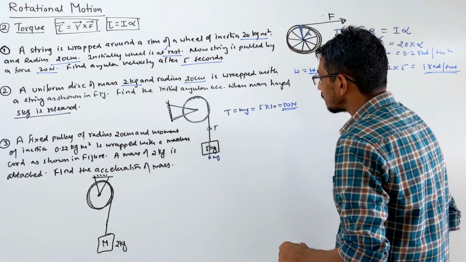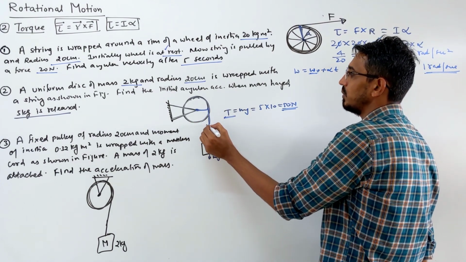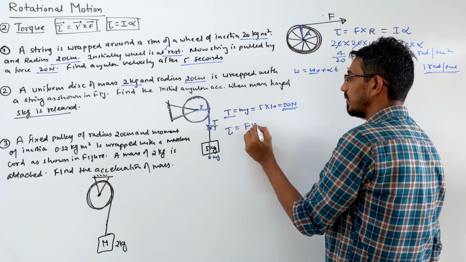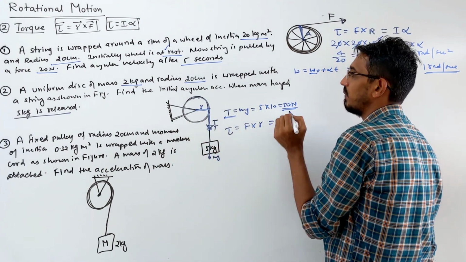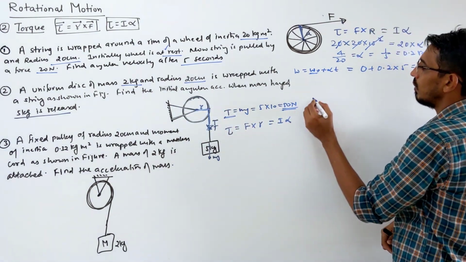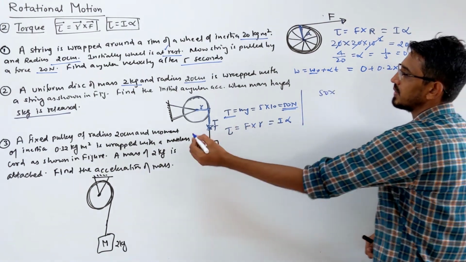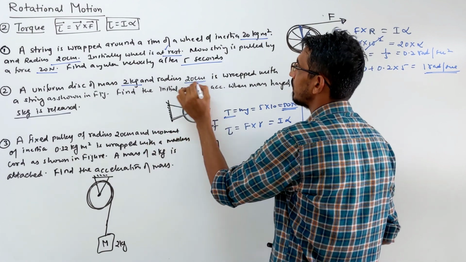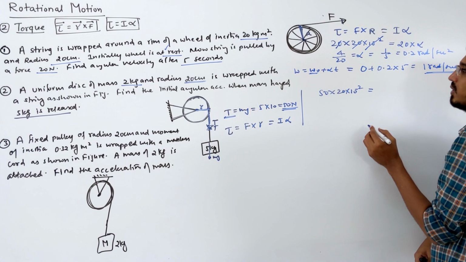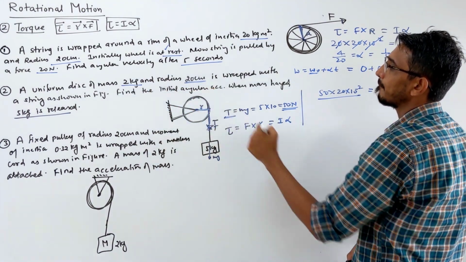Yes. So again this force will produce a torque here, right? The force T into perpendicular distance, again the radius. So torque is F into R, which is also equal to I into alpha, correct? Because you had to calculate the initial angular acceleration. So look here. Force is 50 Newton. Perpendicular distance is simply the radius, given as 20 centimeter. So 20 into 10 power minus 2 is equal to I into alpha. So alpha here is divided by I. Inertia is given as what?